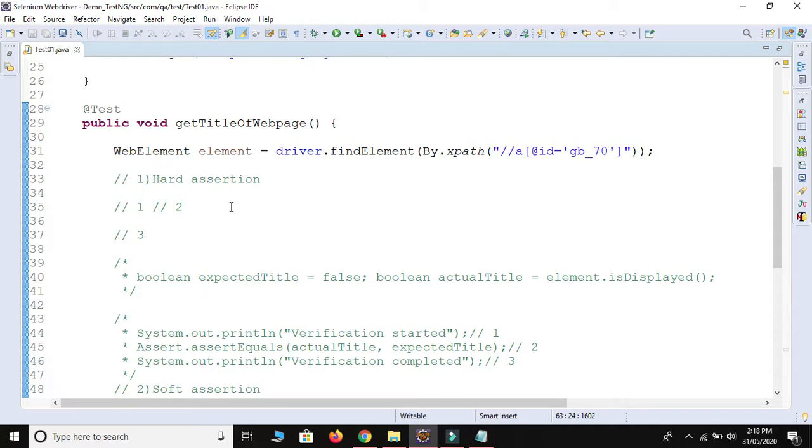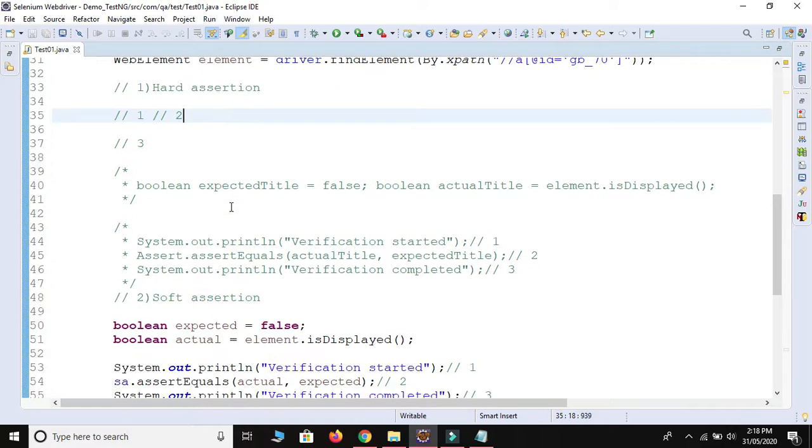If we need to verify something, we use assertion, and there are two types: the first is hard assertion and the second is soft assertion. If after getting an exception at any line we don't need to go forward, we use hard assertion. But if after getting an exception we need to execute each and every line inside the block, we use soft assertion. I have already covered both.